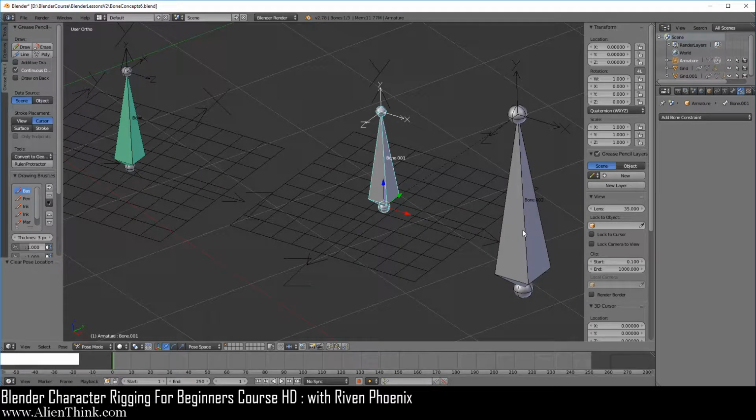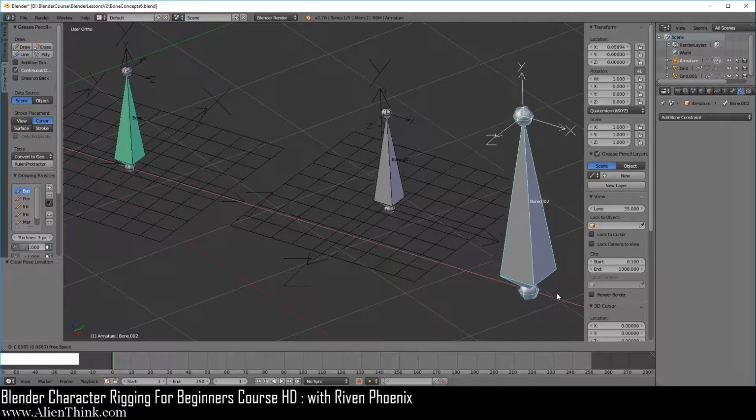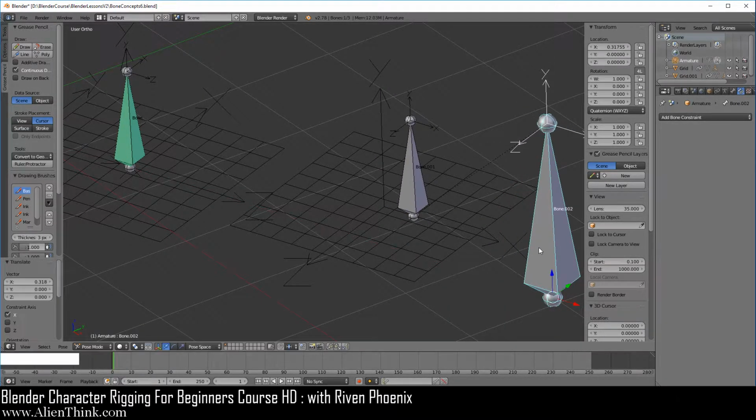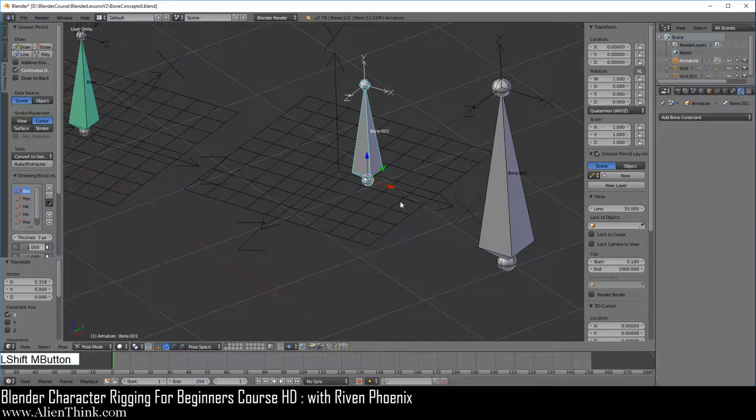Now when we click on the parent, as you know, when the parent moves, the child always makes sure that it's going to keep its offset. So when you click on this X, you'll notice that the child is moving, but this bone is not going to budge, because this bone is showing that it has never moved from its original location in edit mode. So what exactly does this mean?